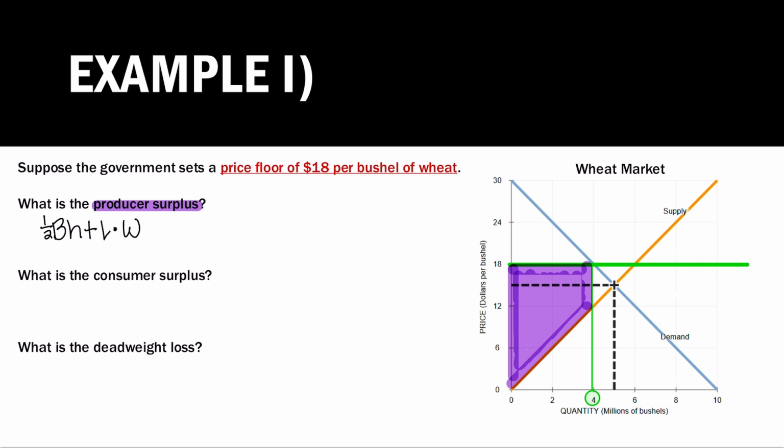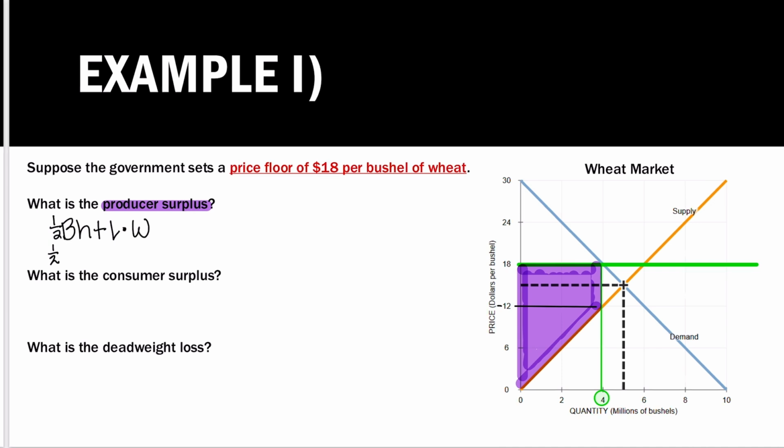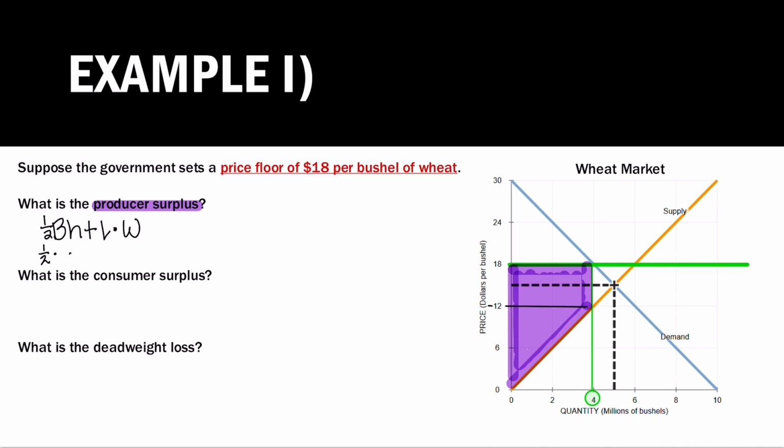If you draw a line at 12, we can divide it into a triangle and a rectangle. Our triangle underneath has a height of 4 and a base of 12. Our rectangle on the top is 6 by 4. So 6 by 4, which is going to give us 24 plus 24